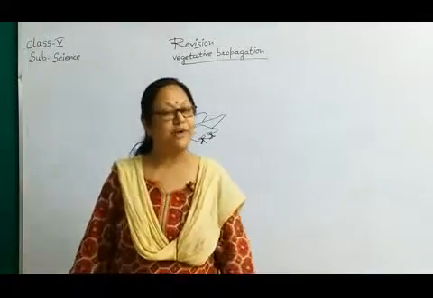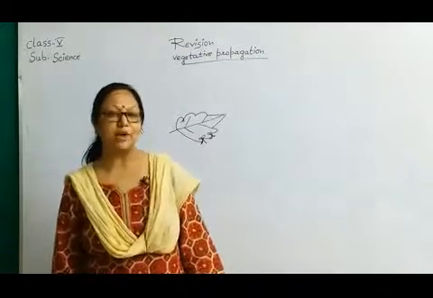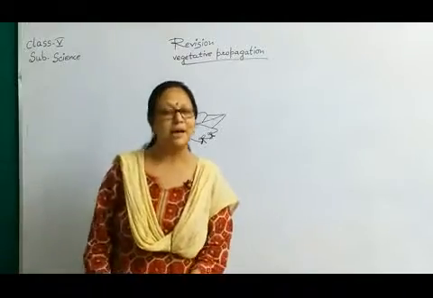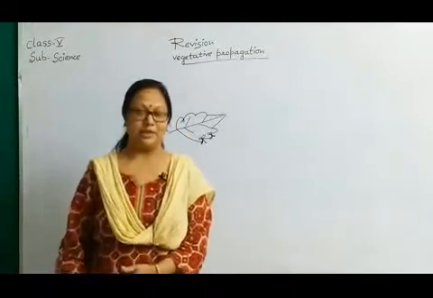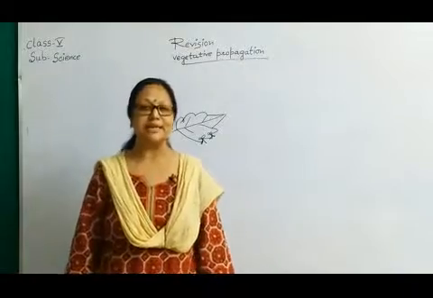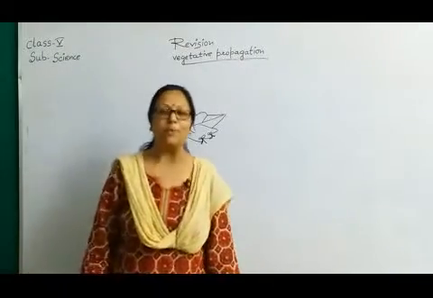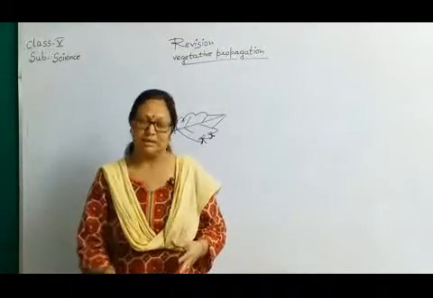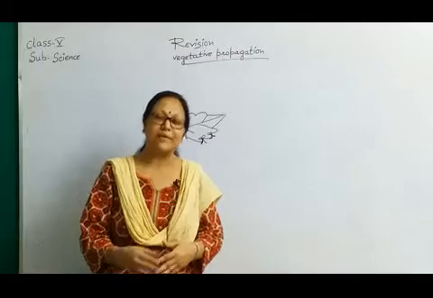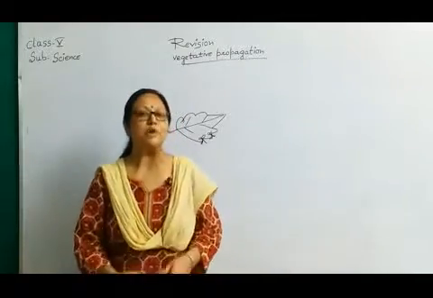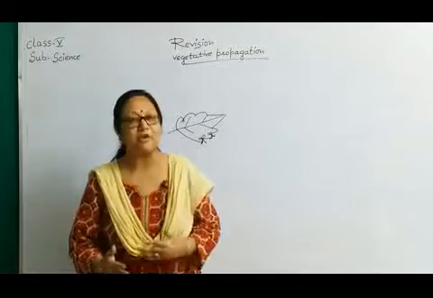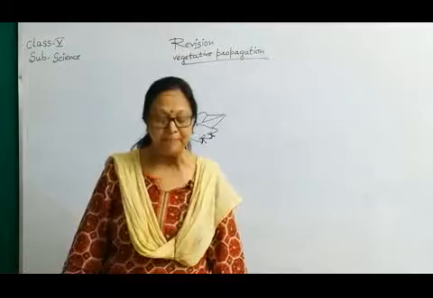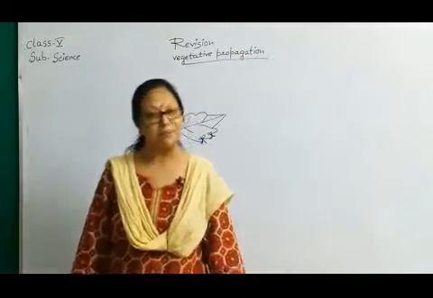Except the Bryophyllum leaf, we can take another example, begonia. These two leaves are examples of leaf vegetative propagation, and from both we can see growth from the margin of the leaves. At first the root system develops, and after the root system the shoot system develops, the leaves grow out and prepare for the growth of the new plant. So this is how we have taken the example of Bryophyllum.